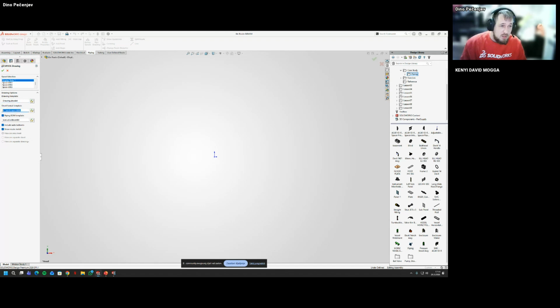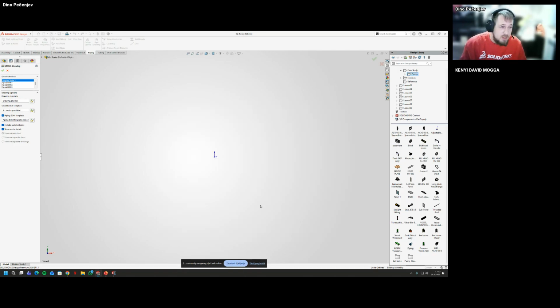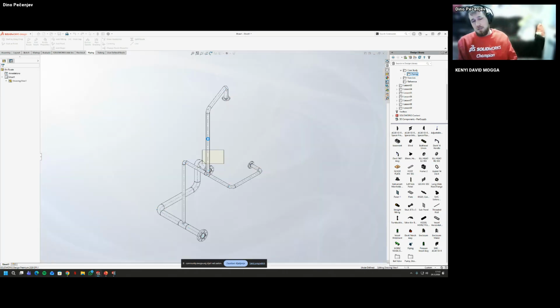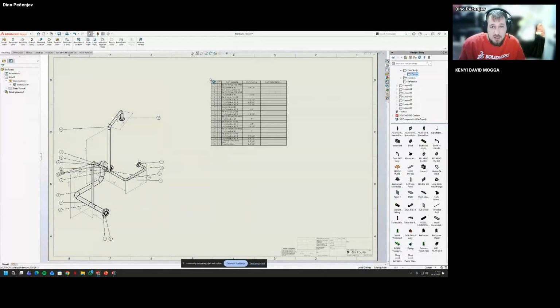Regular drawing, sheet format template, I can use whichever I need. I'm going to include the default piping bill of material template. I'm just going to use a prepared one for piping or exploding. I will say include auto balloons and show route sketch. And this will create my routing, scale it. Now I can edit it.